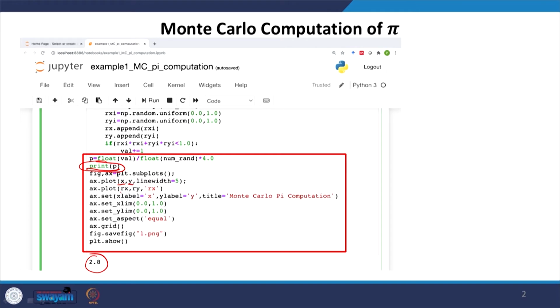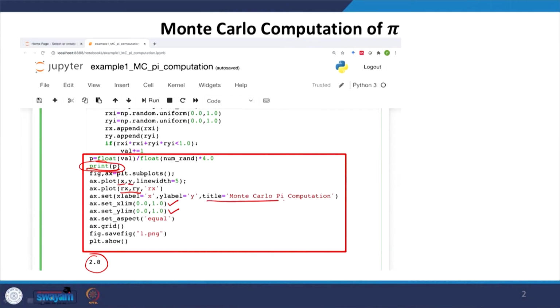Then I want to plot the points, which are the arrays Rx and Ry. I want to plot in the range 0 to 1 in the x, 0 to 1 in the y. We can set the aspect ratio to be equal, and you can also have some title of the plot, some label of x, some label of y, and you can beautify the plot the way you want.